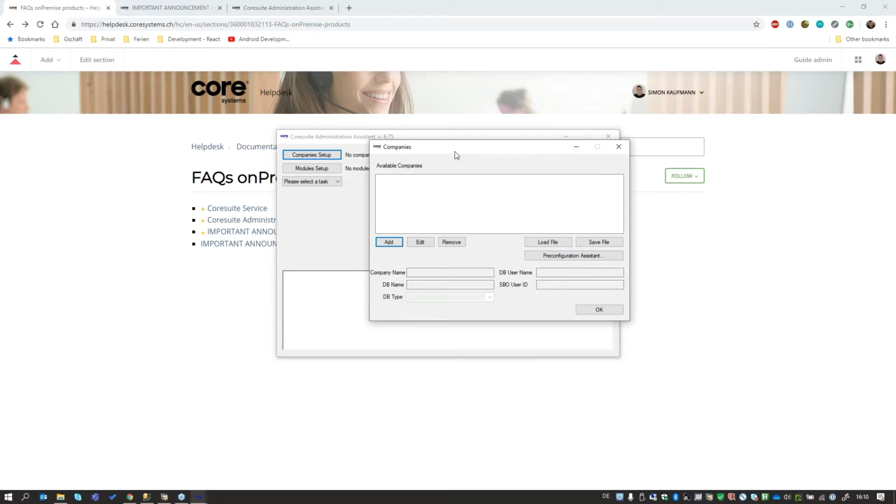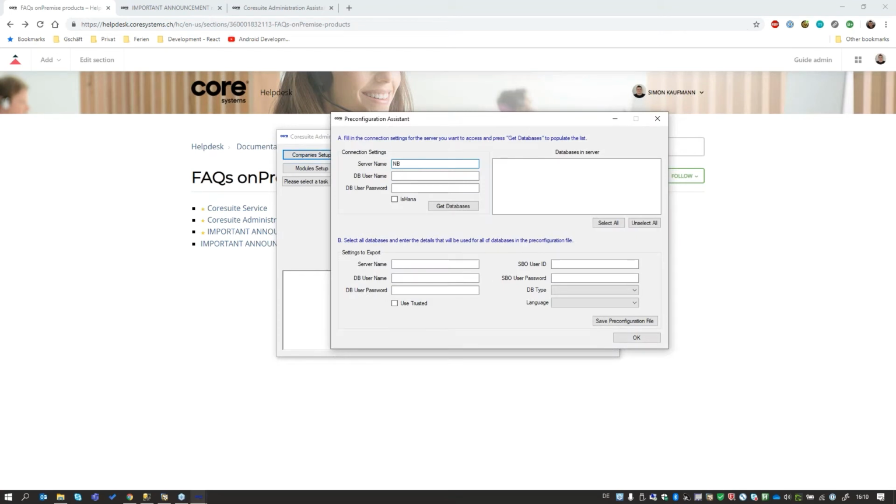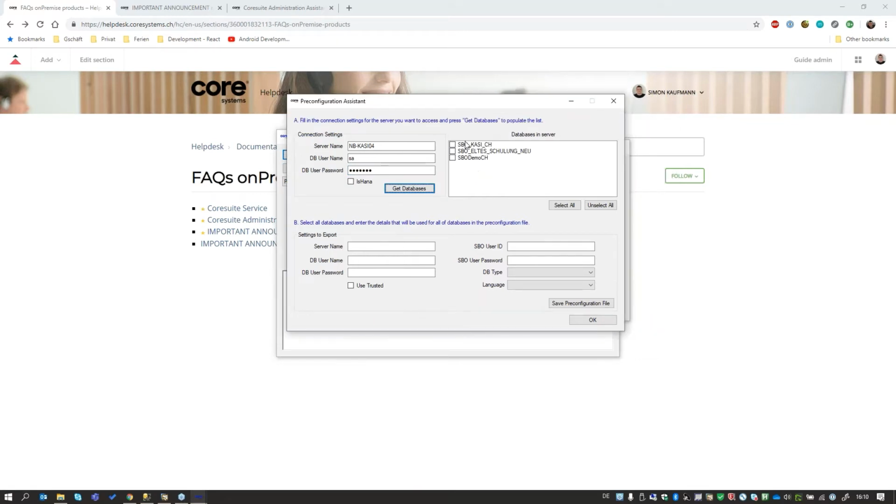But we created a bit of a simpler solution as well, which is called the Pre-Configuration Assistant, where you can use our automatism to select all company databases from the SQL server. So I'm inserting my details right now, clicking Get Databases, and now I'm getting here all SBO companies which are available on that server. So what I am doing now is I'm selecting those two companies as I want to administer them in the CAA, and then I insert here some